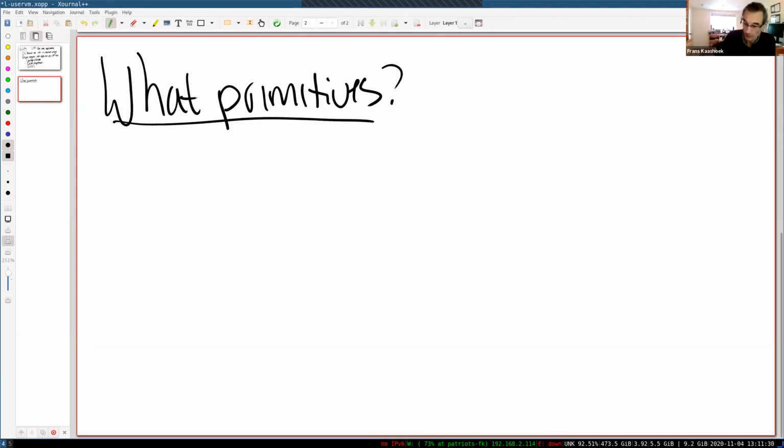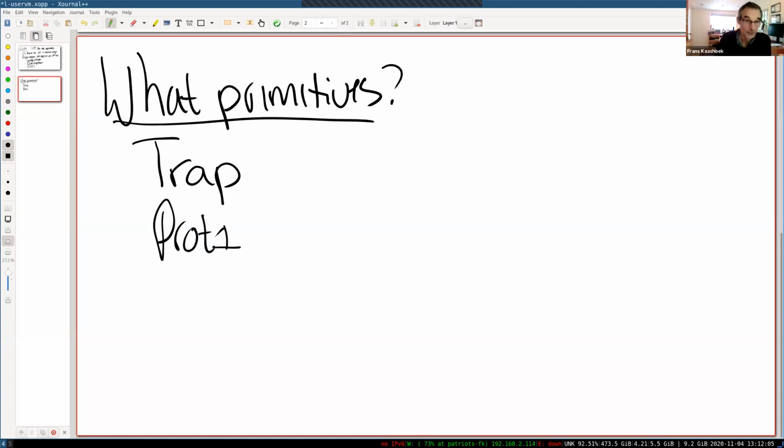The obvious one, of course, is a primitive that they call trap, basically to allow a page fault that happens inside the kernel to be propagated up to user space. Then in user space, a handler can deal with the page fault, and then of course return in the usual way back to the kernel, and then resume the instruction. Clearly a primitive like that is necessary, because otherwise you couldn't do anything in response to a page fault. The other primitive that they talk about is prot1, which